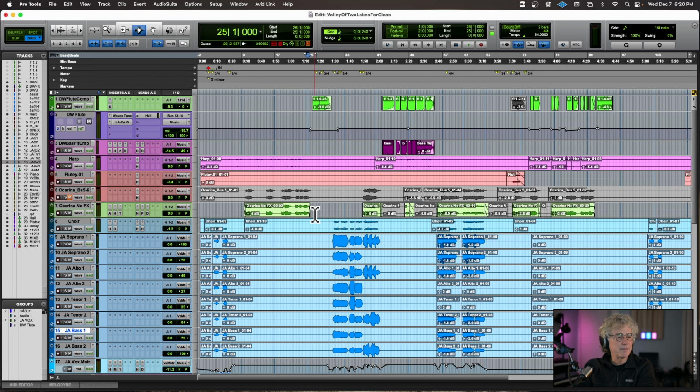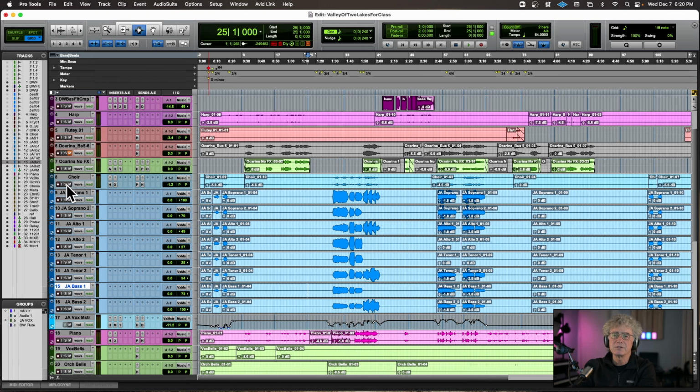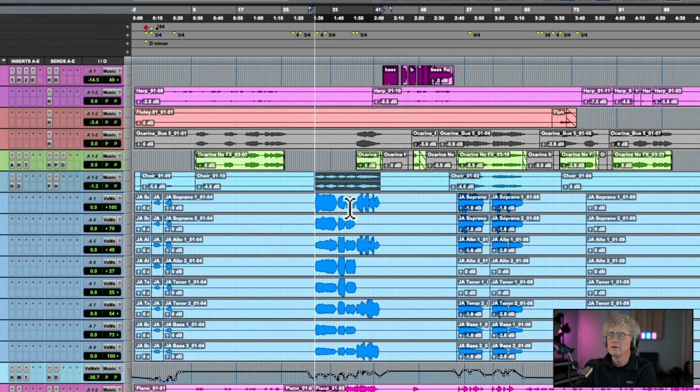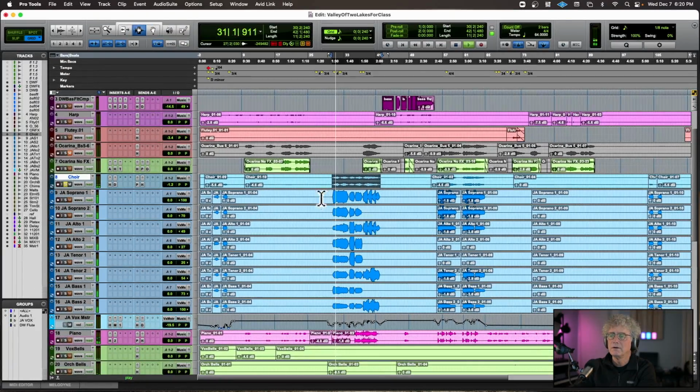Okay, everything is sampled except the flute, and there is a couple of spots where I'm using a sampled ocarina, and the vocals. And the vocals are a combination of one person overdubbing multiple times and sampled choir. So let's start off with that. Let's take a listen to the choir here, the sampled choir, and that would be this track here. Right, it's got that very processed, breathy voice.